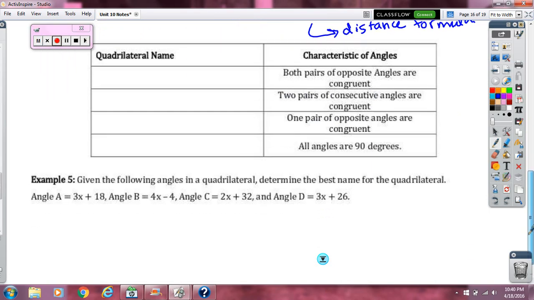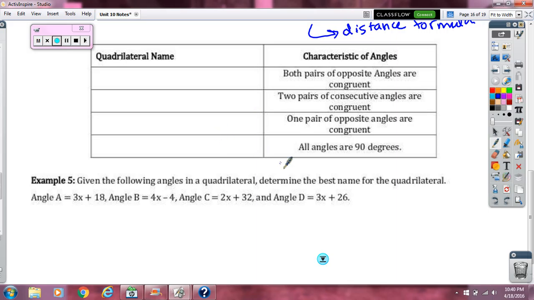So moving on to our very last question in this kind of genre of question. And that's when we're trying to figure out which kind of quadrilateral we're dealing with based on a very limited amount of information or just by looking at the angles. So if we saw both pairs of opposite angles congruent, that's going to mean we've got a parallelogram. But if two pairs of consecutive angles or next to each other angles are congruent, like maybe this one and this one were the same and these two at the bottom are the same, that's going to be our good friend the isosceles